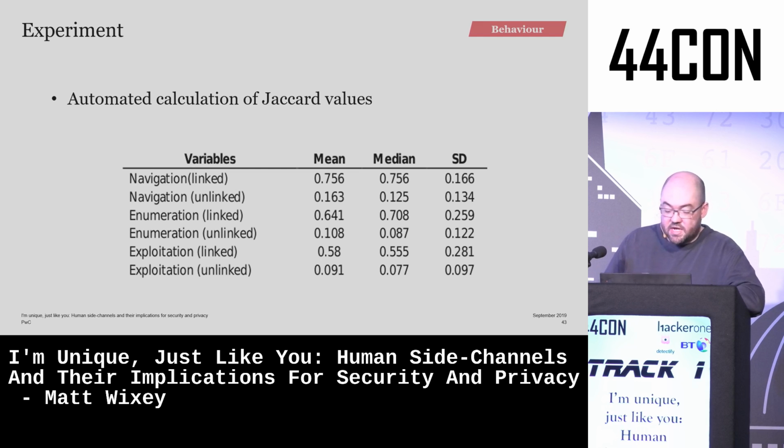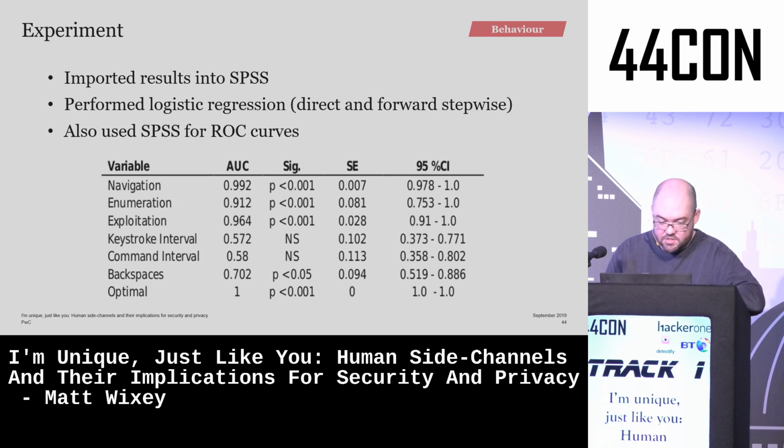Then calculated the Jaccard values. If you focus on the mean column here, and you look at the offenses which are linked in each domain, you can see that the mean similarity coefficient value is much higher than it is for the unlinked ones, which gives an initial indication that this technique might be successful. Depending on how strict or rigorous you want it to be, you could stop there. You might not need to do logistic regression, that kind of thing. But if you wanted to, you can progress with that and do logistic regression.